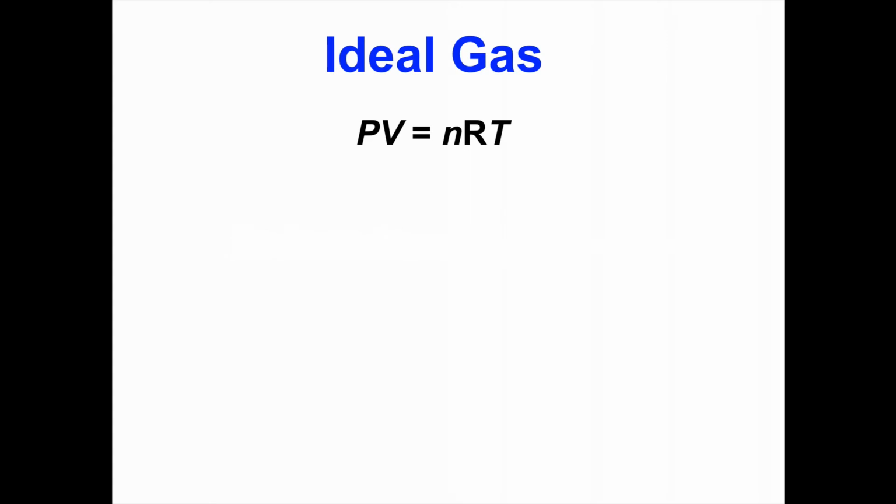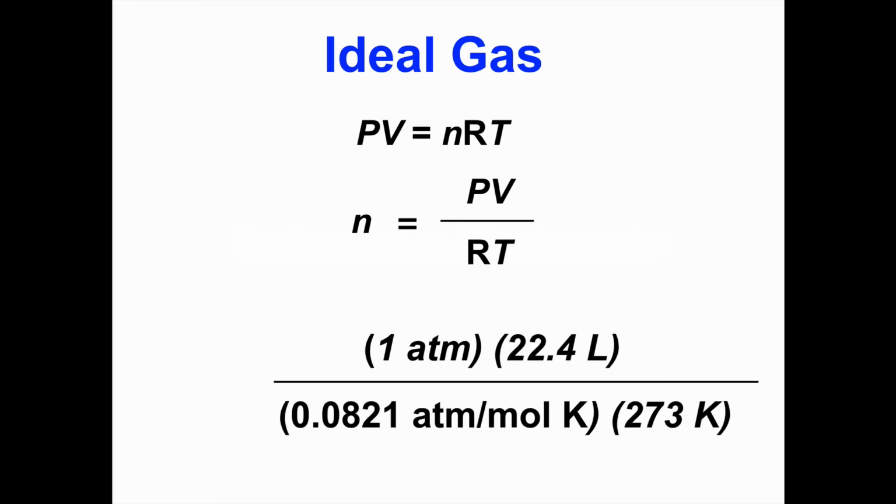Deviation from ideal gas behavior. What is this? Well, an ideal gas, right? PV is equal to nRT. An ideal gas is one that behaves according to this equation. So as long as the temperature is high and the pressure is low, PV is equal to nRT. Now, if I rearrange it and solve for n, and I put in standard conditions, right, 1 atmosphere, 22.4